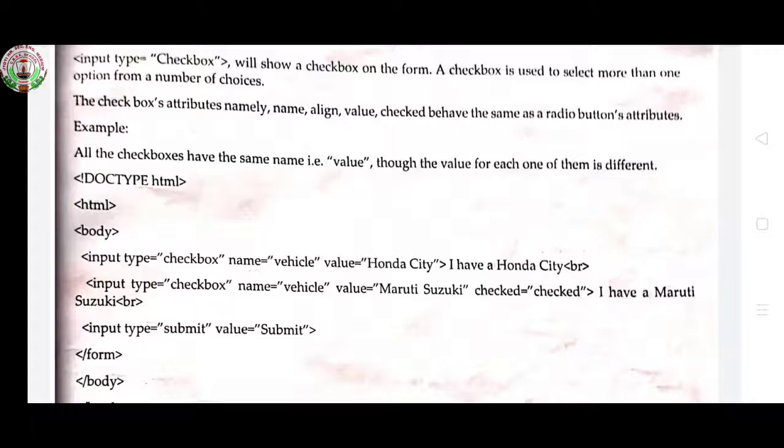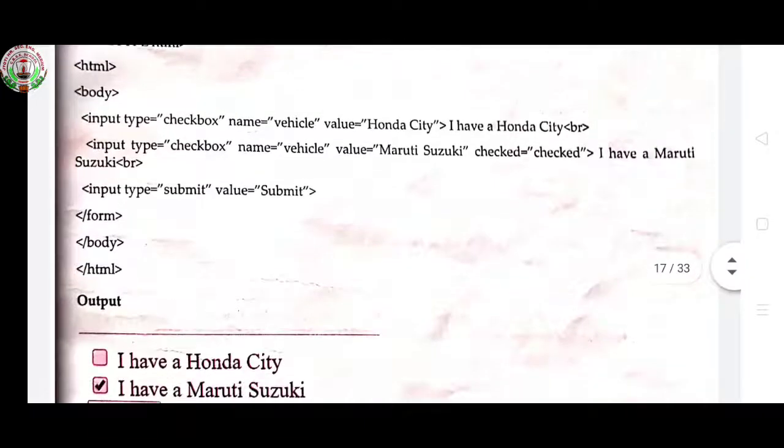Another one: input type is equal to checkbox, name is equal to vehicle, value is equal to Maruti Suzuki, checked is equal to checked, close the tag, I have Maruti Suzuki, then BR tag. Input type is equal to submit, value is equal to submit, close form, close body, close HTML.